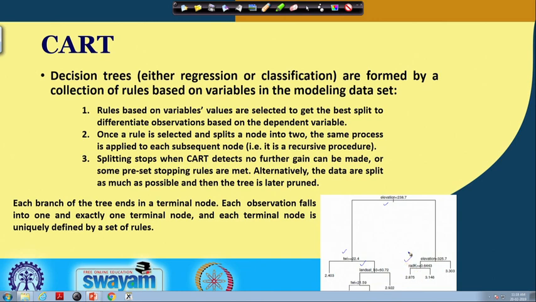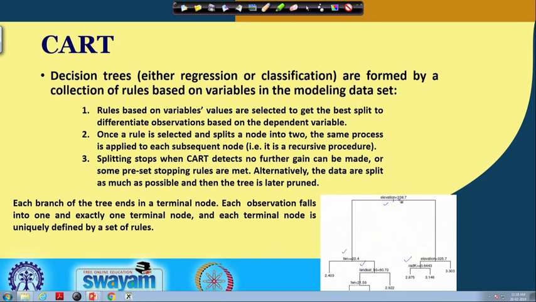Our target is soil organic carbon, and we want to make rules so that we can predict the soil organic carbon based on them.